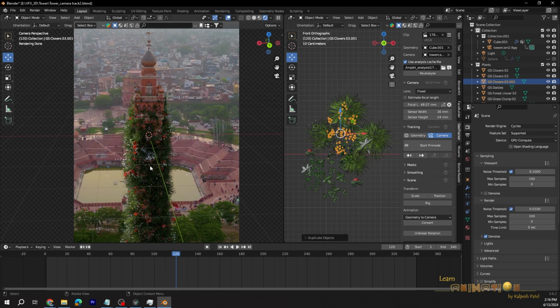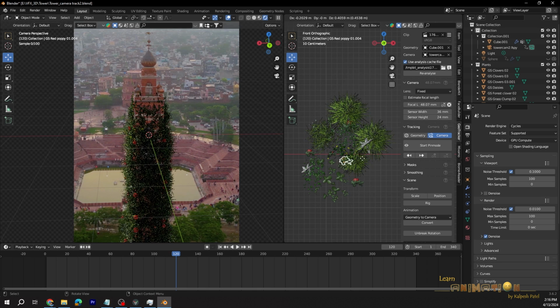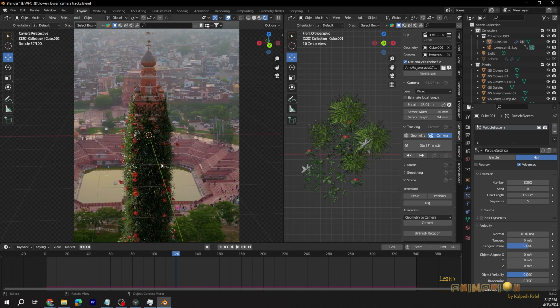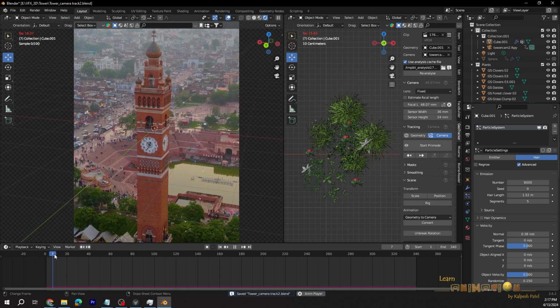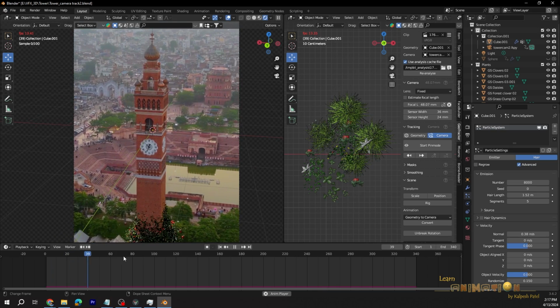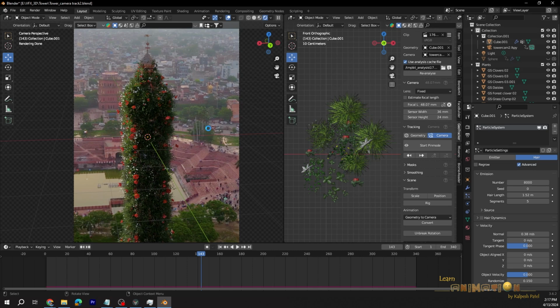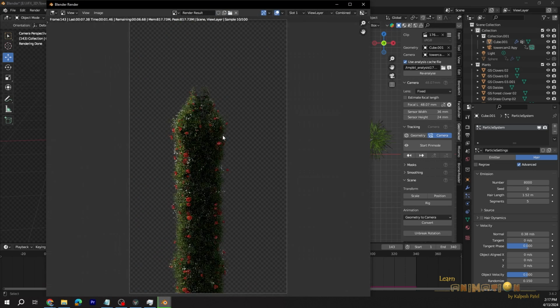If the density is not that much, you can just increase the density anytime. Here like 8000. Yeah, now press F12 and you can render the image.